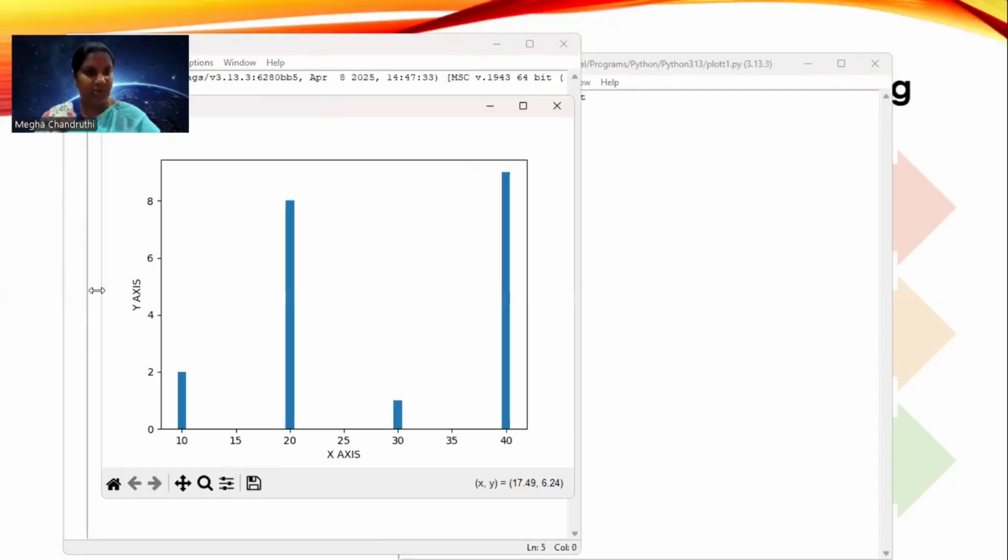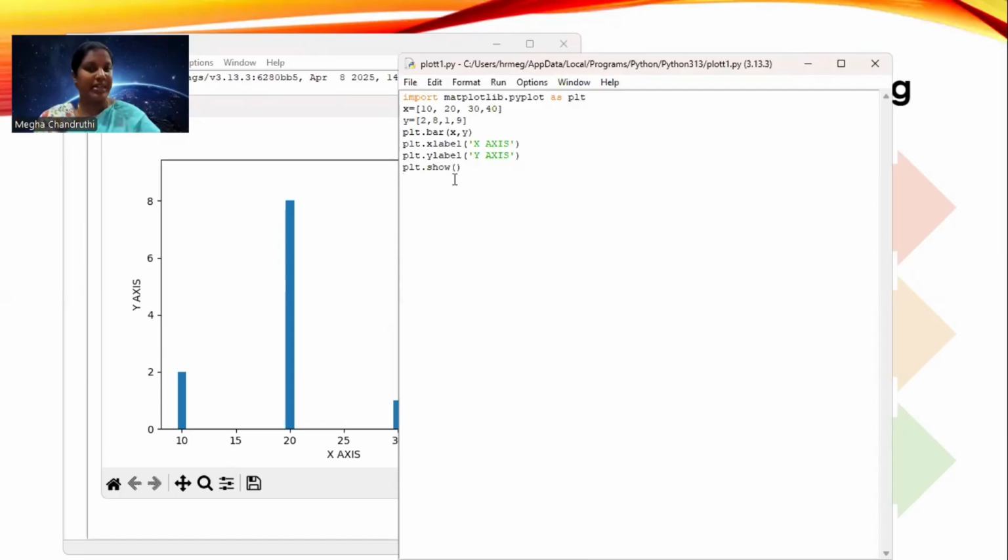So you can see that previously these labels were not there. Now you have got the labels. But whatever you are doing, it should be done before the show only.